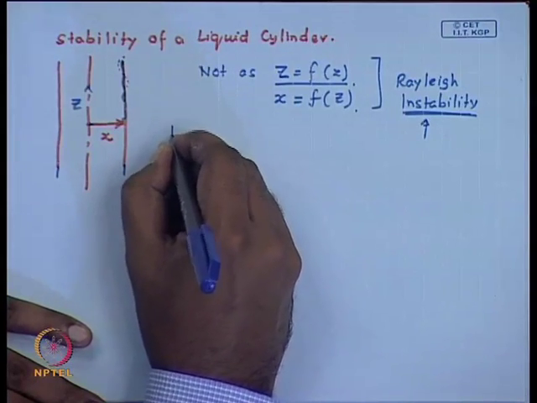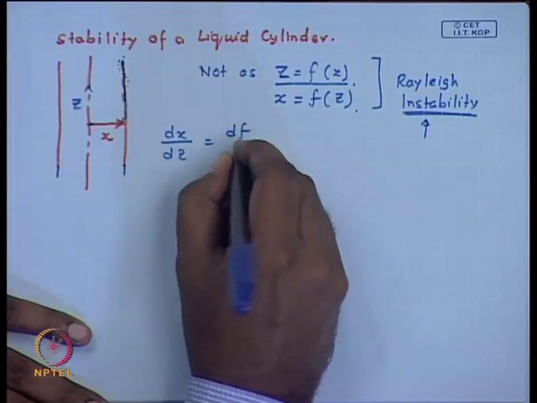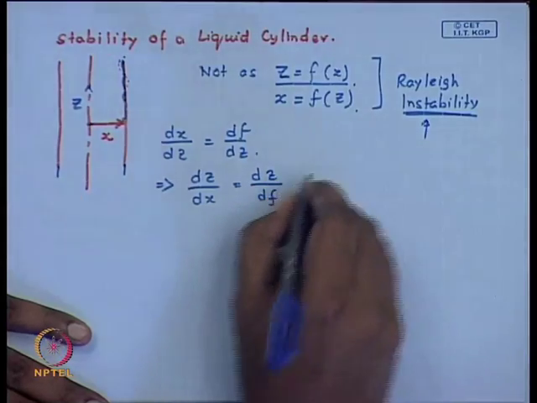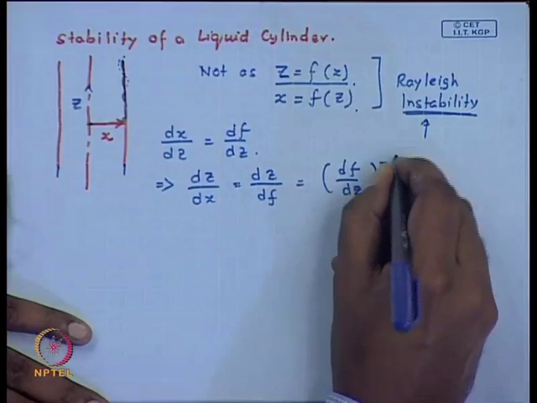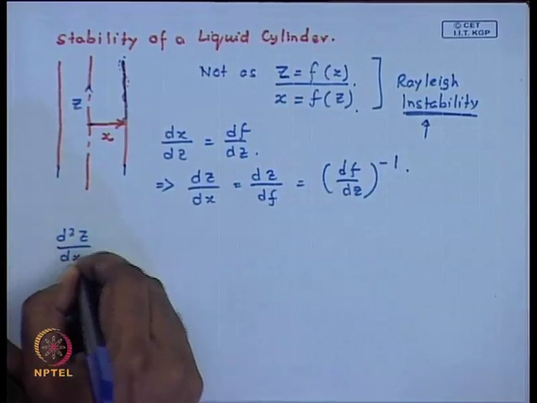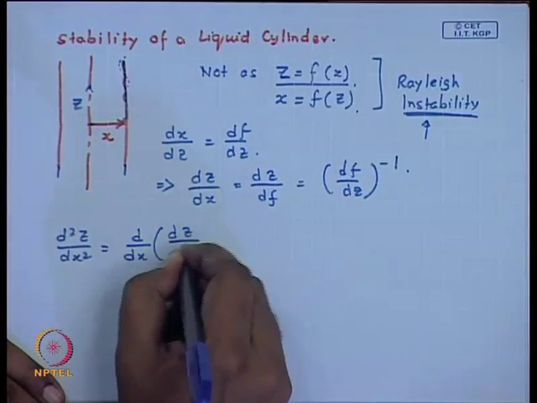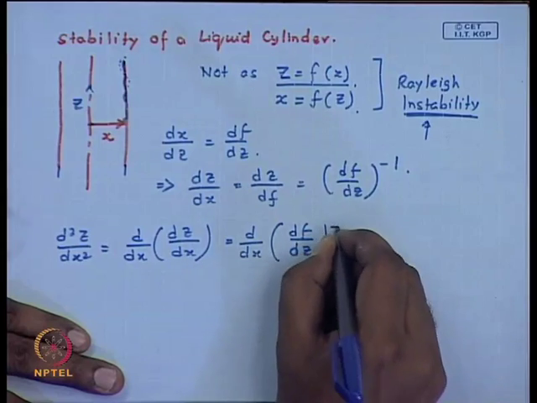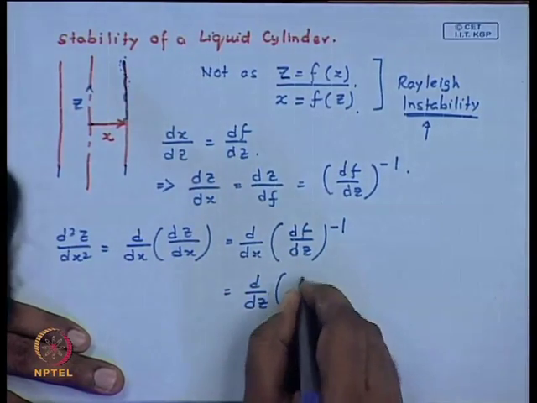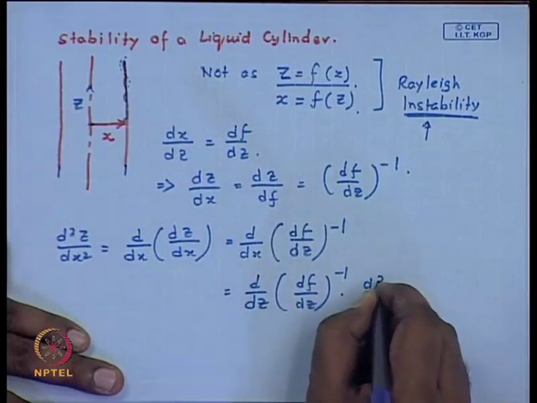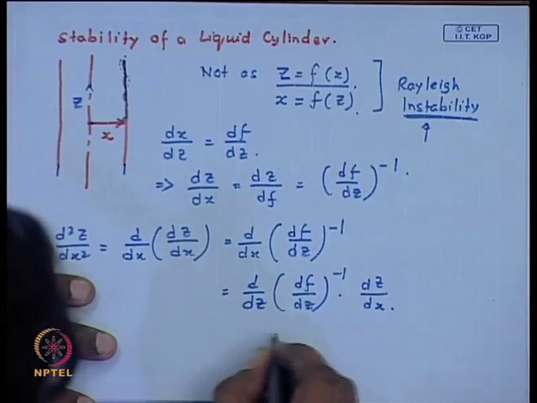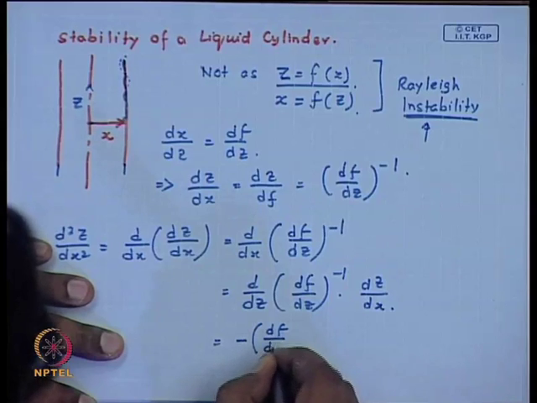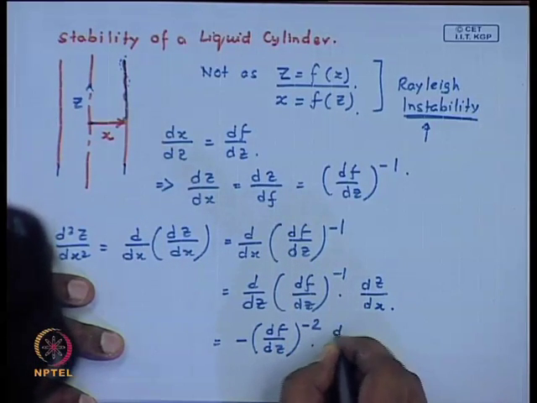So, what we do is, let us define that ∂x/∂z is some ∂f/∂z. Therefore, ∂z/∂x is its inverse, and therefore ∂²z/∂x² is ∂/∂x of ∂z/∂x, and this turns out to be ∂/∂x of (∂f/∂z)^-1, which is ∂/∂z of (∂f/∂z)^-1 times ∂z/∂x. And if you do it carefully, what will come out is you will get a minus (∂f/∂z)^-2 into ∂²f/∂z²